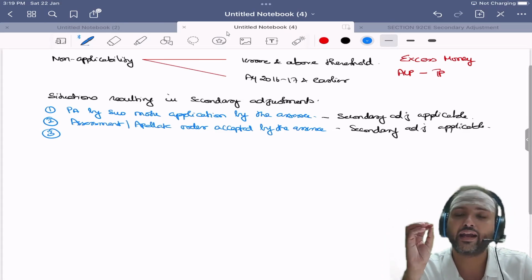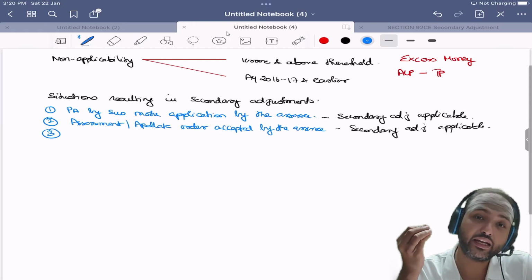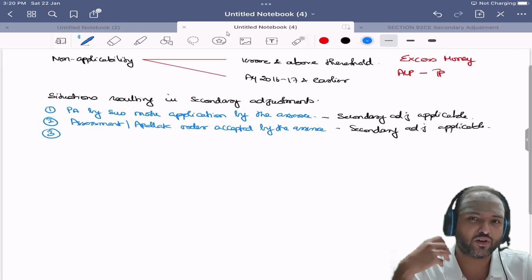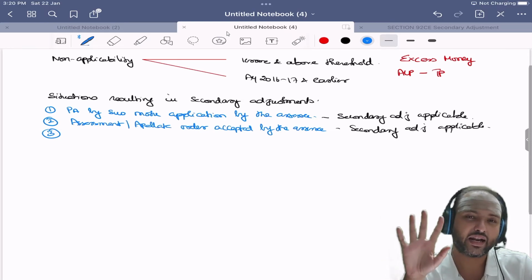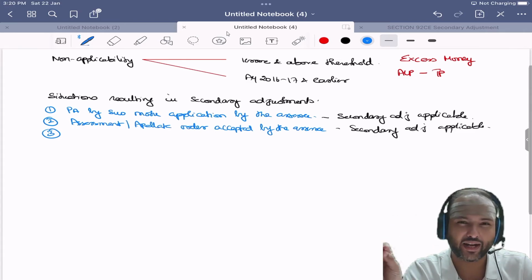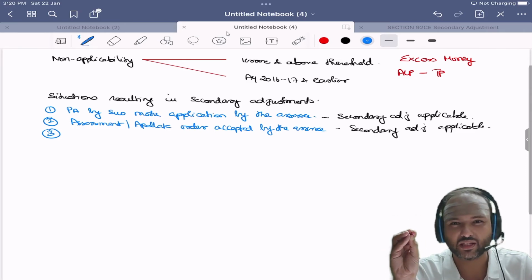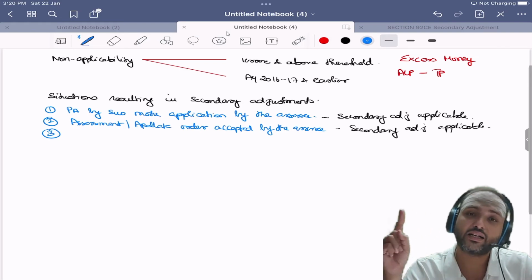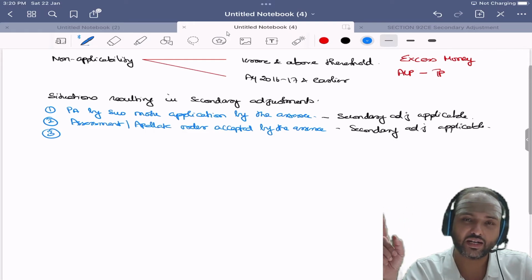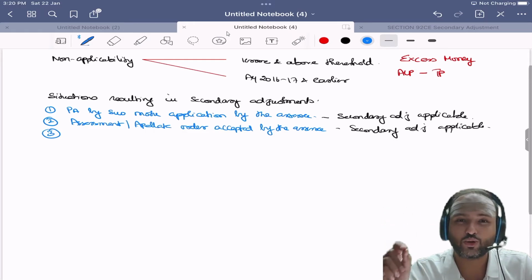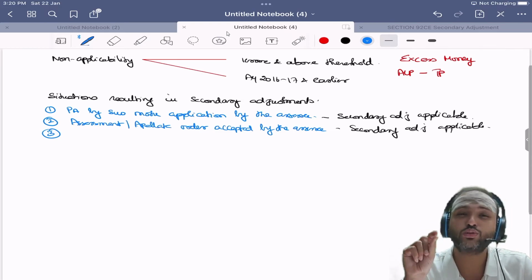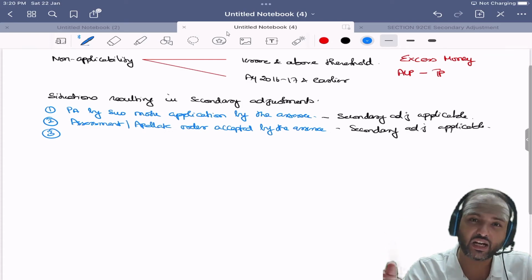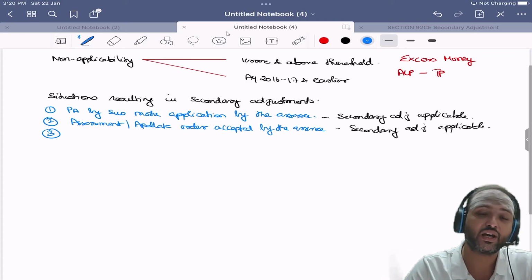So they go ahead and represent to the Indian income tax authorities, telling them that, sir, significant part of our income is from Singapore and this is a one-off transaction which is not covered by the double tax avoidance agreement. So please help us out with this transaction to ensure there is no double taxation. Indian tax authorities discuss with the Singapore tax authorities, and then they pass a resolution as to how this particular transaction will be taxed if it happens between India and Singapore, which country will tax it, and what the rate of taxation will be.